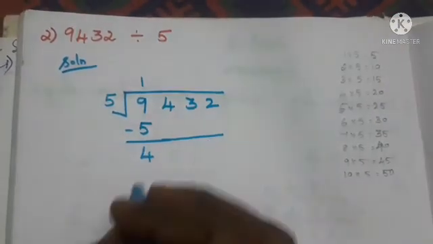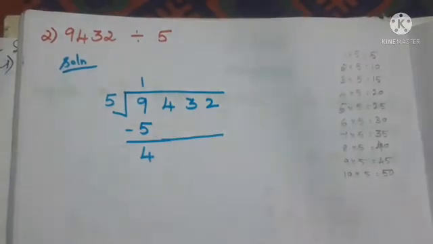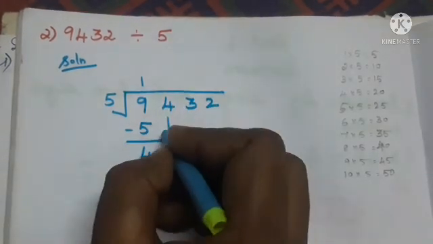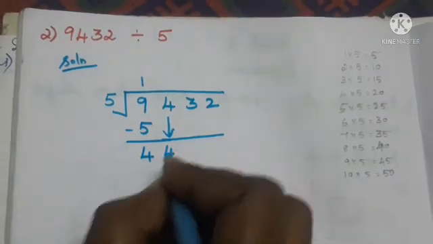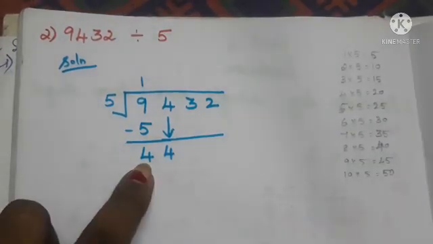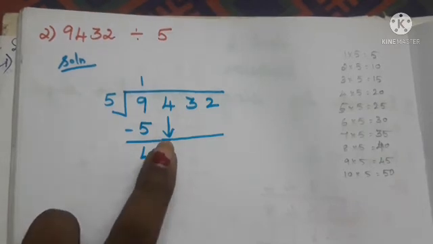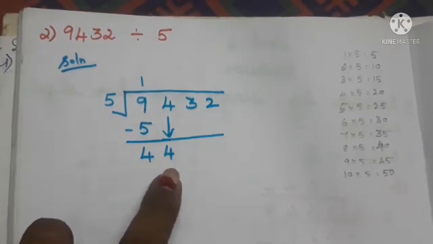We will get 4. Next we have to bring the 100 place value. So here what is the 100 place value, ma? We have the value as 4 in the 100 place. So we have to bring down the 4 now. So now we have the remainder as 4 and also we have brought the 4, that is 100 place value, to the down. So we have 4 and 4 as 44.